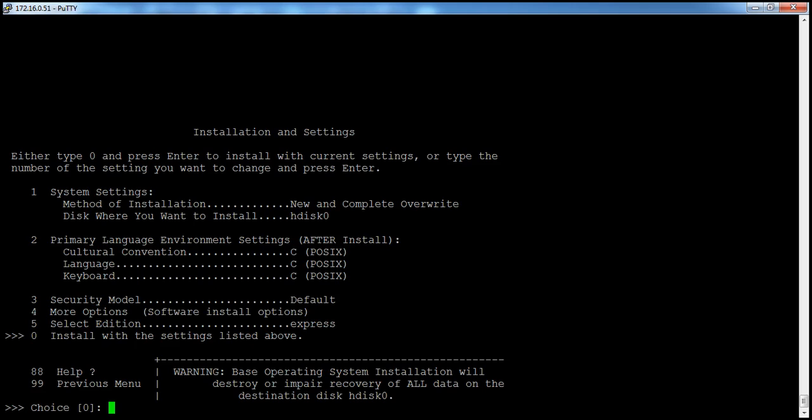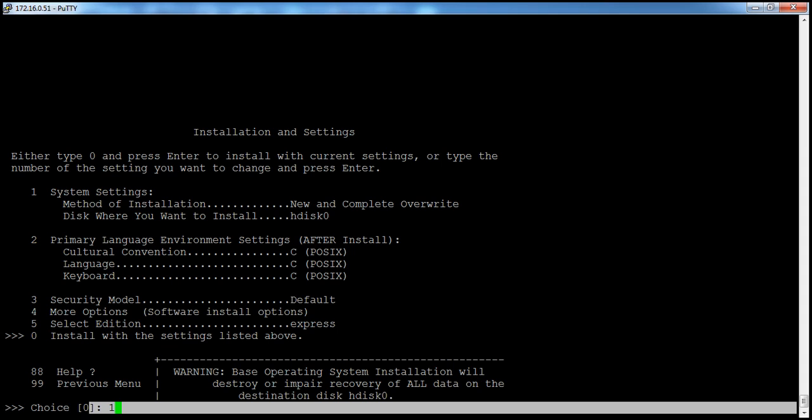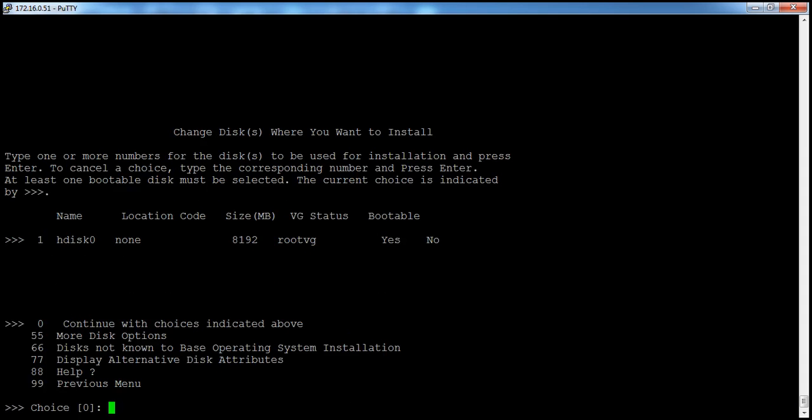Here we have different options. One is system settings. This is the method of installation, new and complete overwrite, because we are going to install the server for the first time. If you want to change these settings or change the disk, you need to select 1 and press enter. If you have multiple disks, you have an option to select another disk.